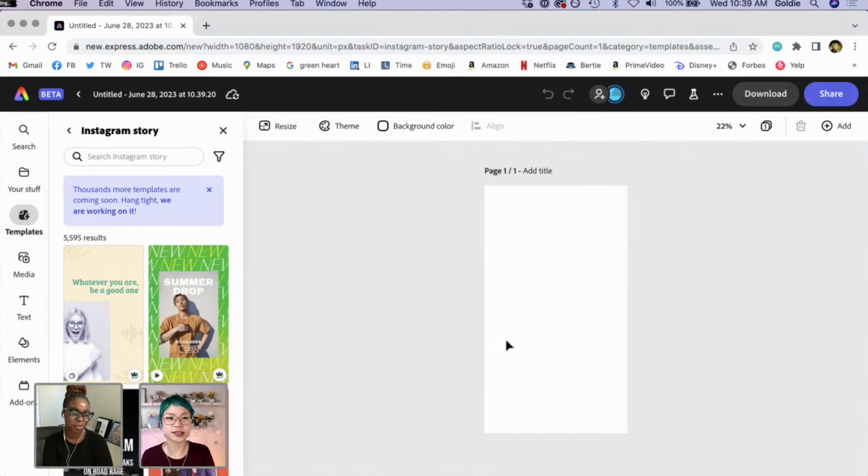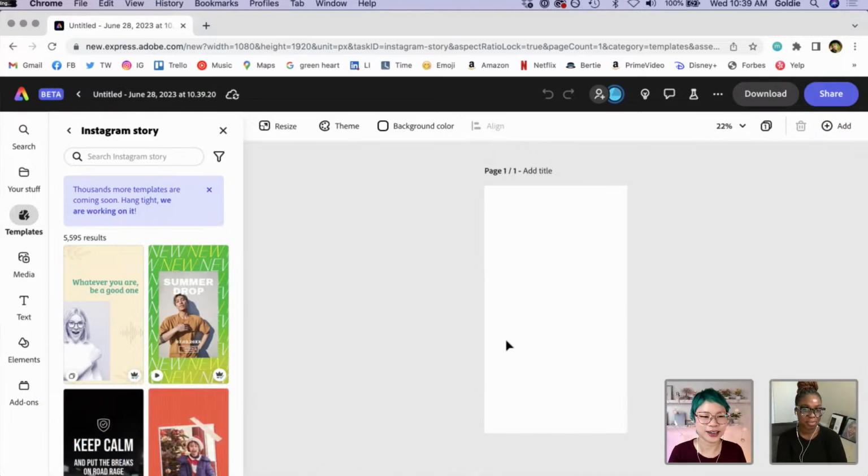So what we're going to do, which is going to be the fun part, is we're going to go through a bunch of different templates. And I'm also going to show you a couple of other fun things to do, like how to create your own QR code for your website using Adobe Express, which I'm super excited to show you. Okay, so let's go ahead and take one of these templates.